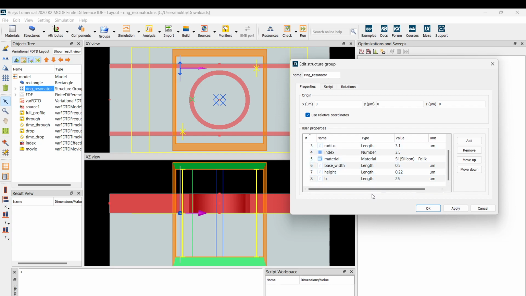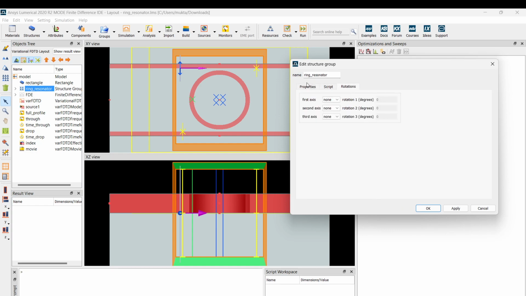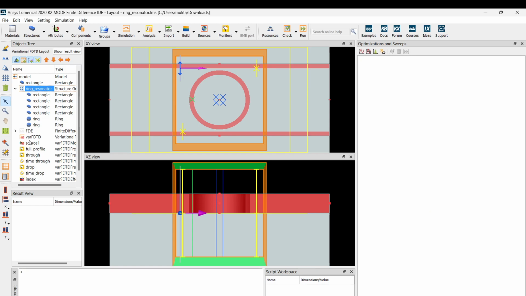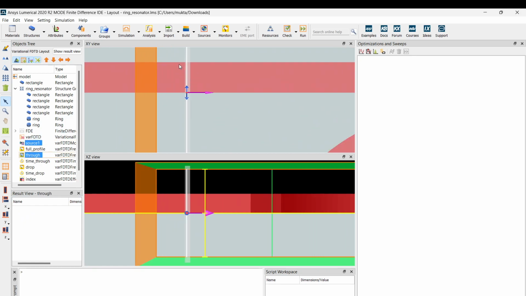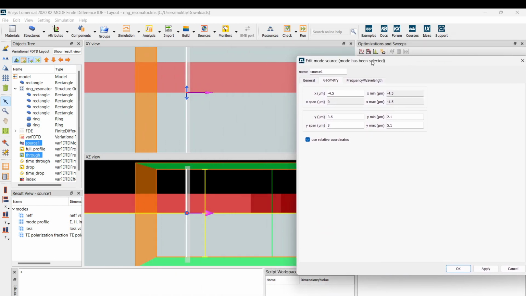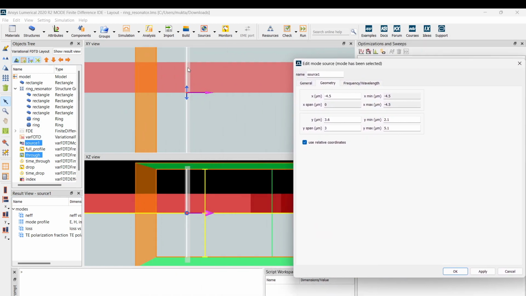Okay. So everything else is fine. Hit apply and okay. So yeah, now we have to move the source, and this is the, not this monitor, through monitor. Just zoom in, edit. So in the geometry we need to edit the y coordinate. So our entire waveguide width we had set it to be, I think 450 or 500. I just now set it and I forgot.